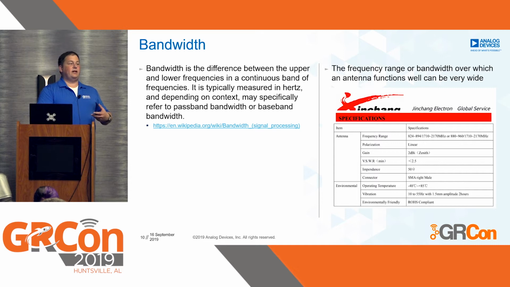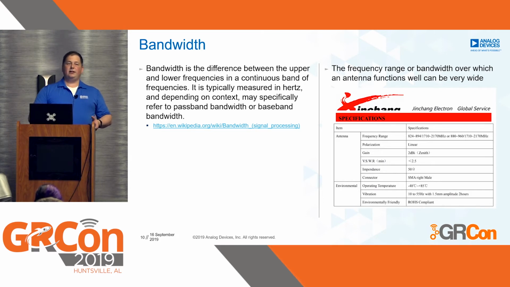So some people will define antennas as having bandwidth. I prefer to think of them having tuning range. A lot of people think that's interchangeable. But especially when antennas like this one have multiple bands in it, or multiple tuning ranges that it's been optimized for. So this is an LTE antenna, and it's optimized for 824 to 894 and from 1710 to 2170. It's hard to say what the bandwidth of this antenna is as one number, but it's easy to say what the tuning range is.